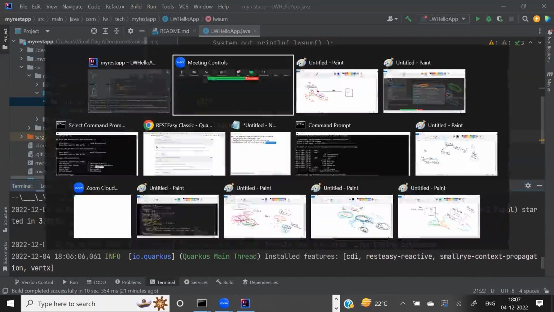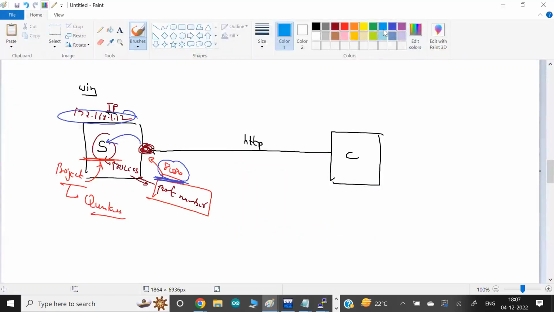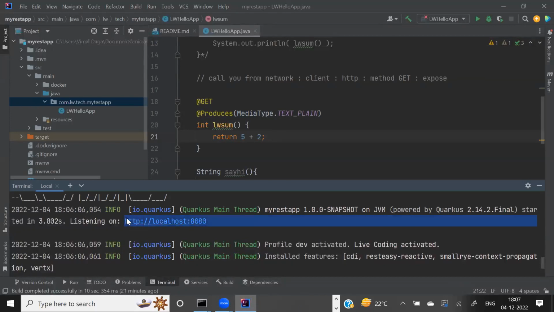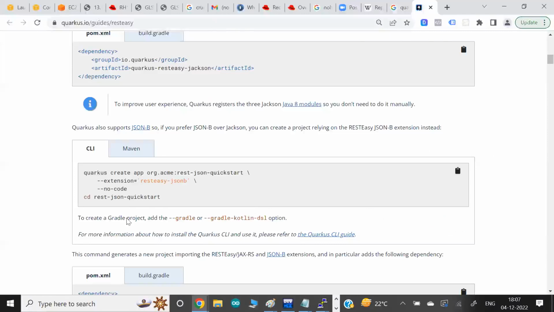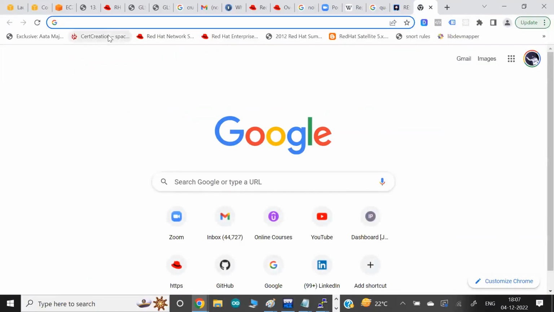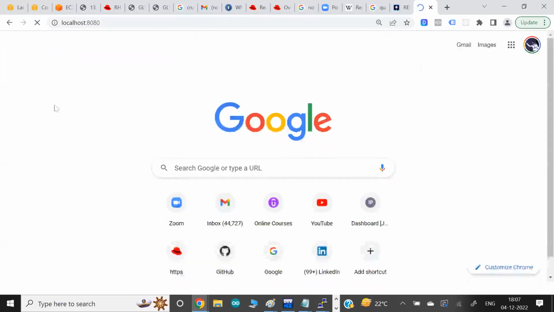It means this part is done. Any client connected over the network can connect to me. How? Because you know that here we have to communicate with HTTP. Normally the client of HTTP is mostly your browser. So I can copy this URL from here and use a browser from another computer, or maybe the same computer for testing purposes. I can type this particular URL here and press Enter. I can see Quarkus started.